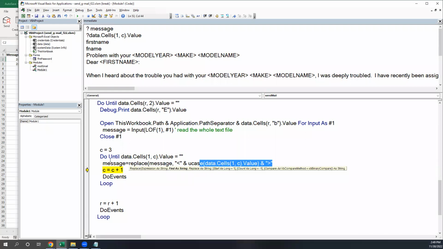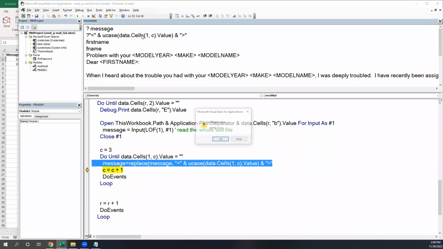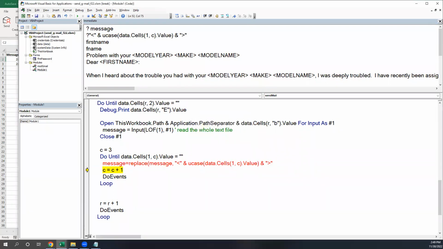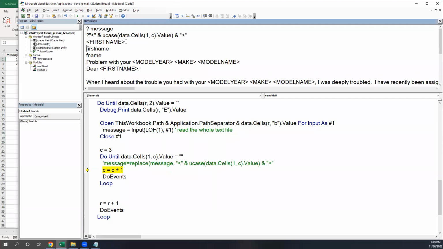So we're going to look for that. So in this case, we'll be looking for first name as a tag. So now it's looking for that, and we want to replace it with whatever value we currently have,